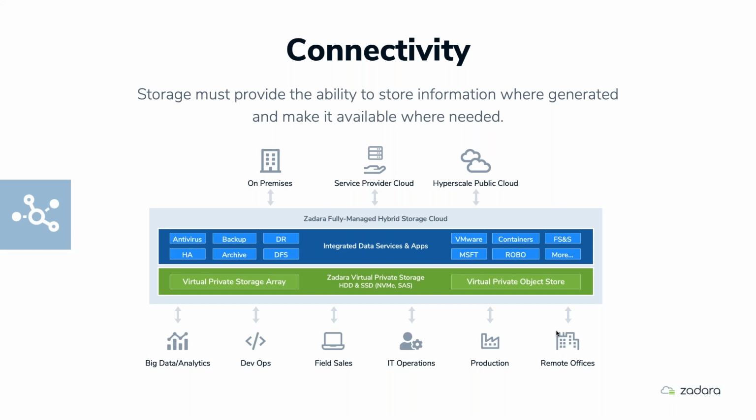Now, when you dig a little more deeply into this diagram, you'll notice something interesting, and that is that we have in our green colored layer our virtual private object store and our storage array. That's the storage itself, right? Those signify the storage that's available to users. And the storage media, of course, you'll see that we have HDD and SSD, either over SAS or NVMe. And that storage is, of course, the heart and soul of what we offer, but it wouldn't be everything